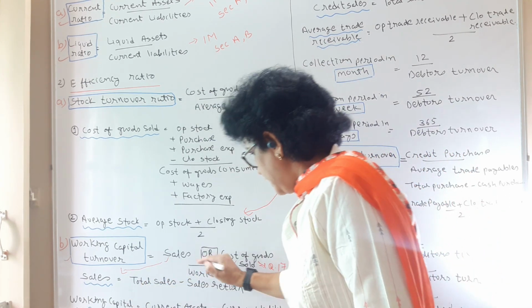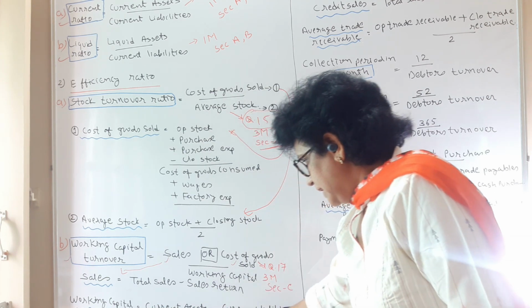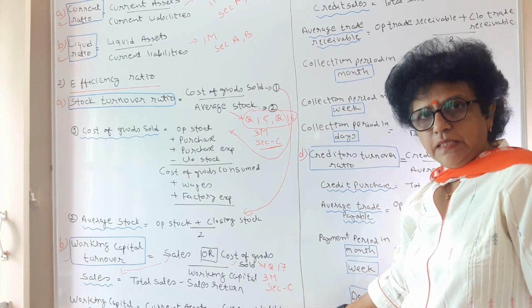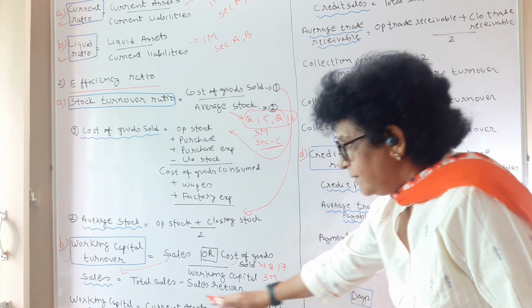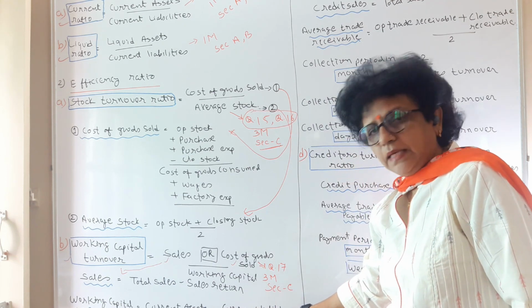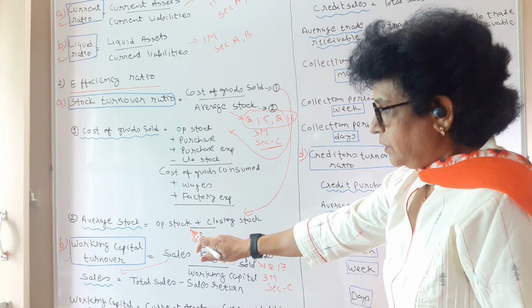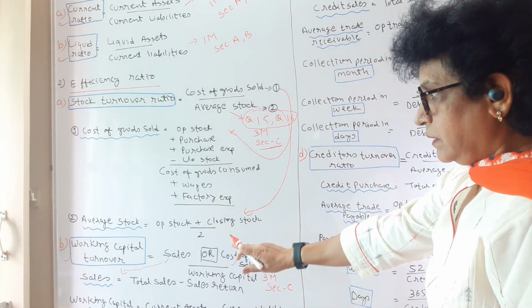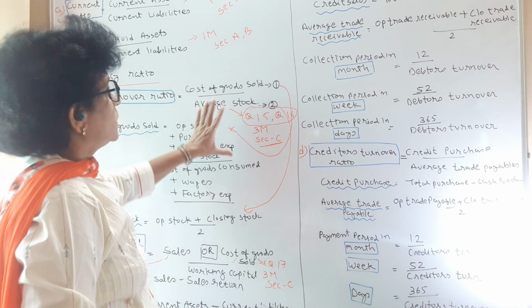Next is the working capital. The second thing you require, working capital, is current asset minus current liability. Whatever information is given of current asset and liability, find it out, do the total of it and subtract the current liability out of it. With this you can find your working capital turnover. So this way, in the efficiency ratio, 2 things we have done.